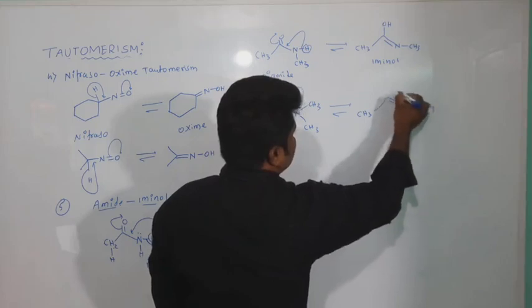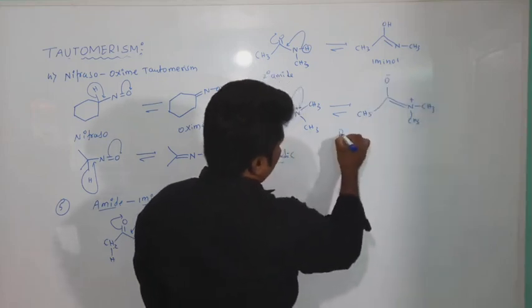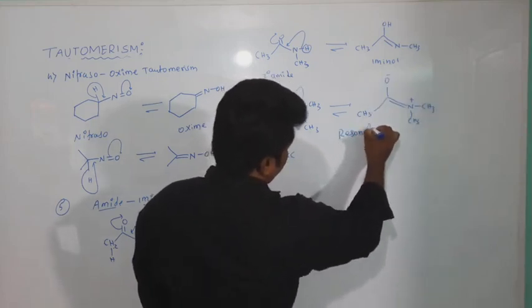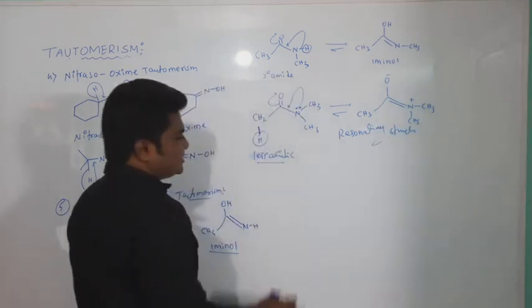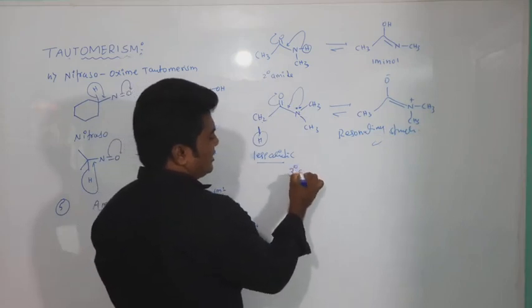You are getting plus and this is O minus. These are called what? Resonating structures, not tautomeric structures. So what is the note here? Tertiary amide